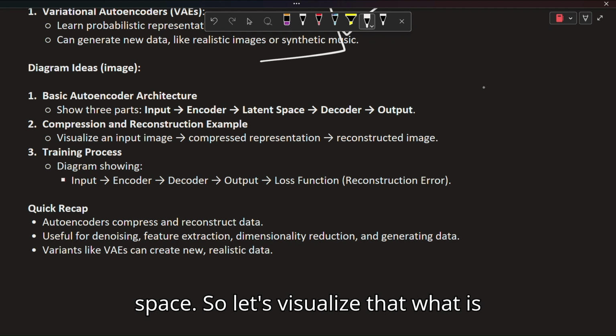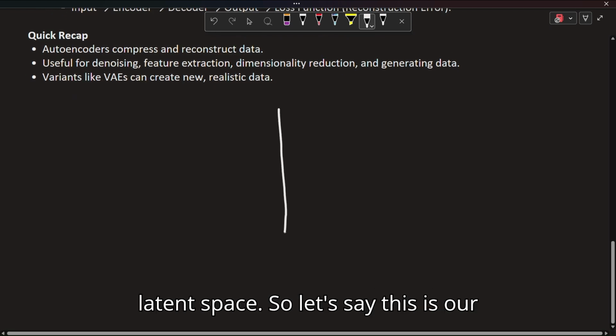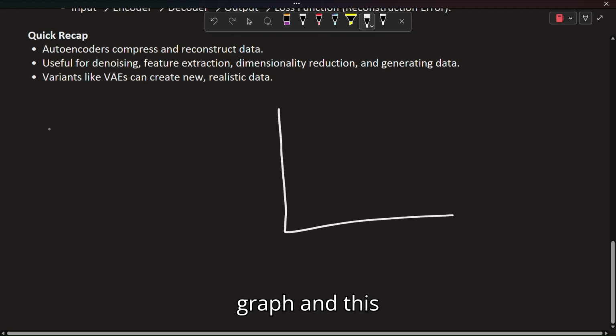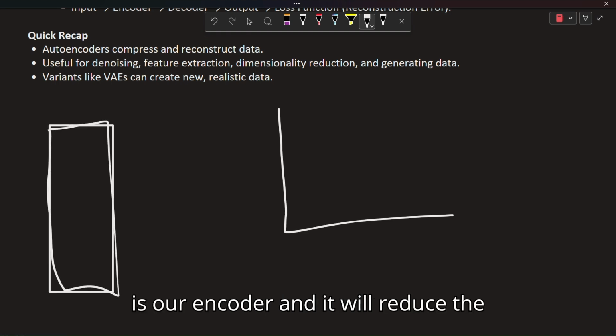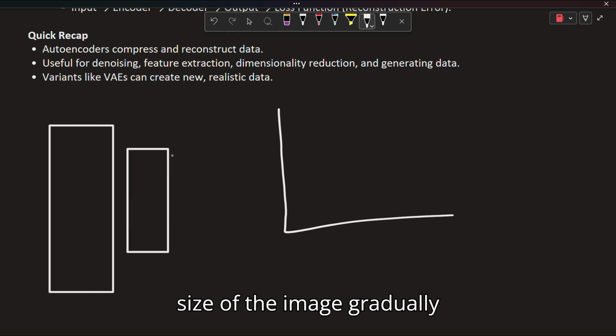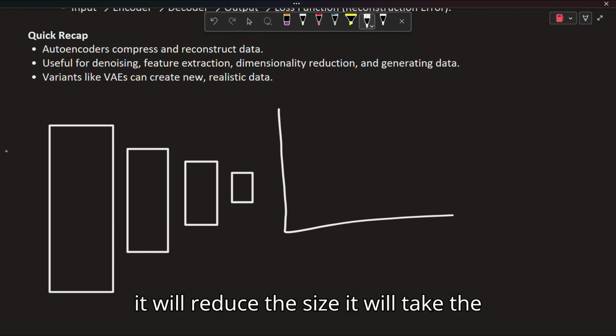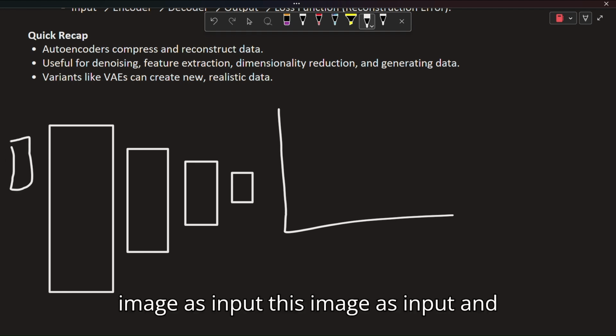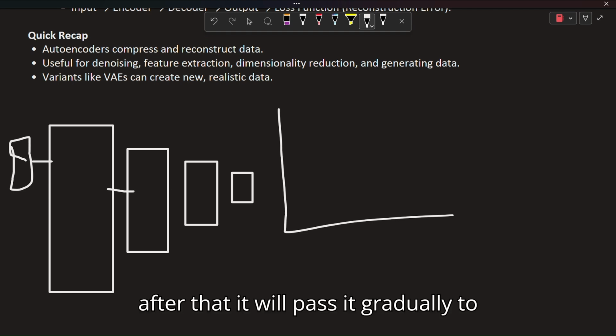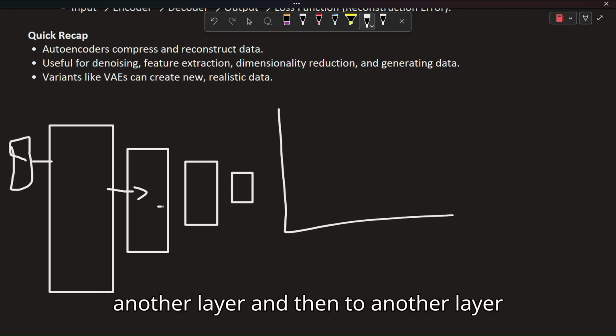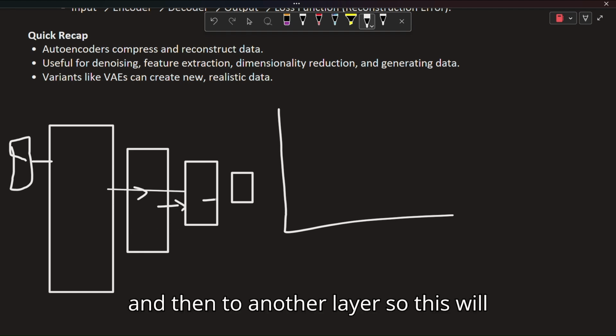Let's visualize what is latent space. Let's say this is our graph and this is our encoder, and it will reduce the size of the image gradually. It will take this image as input, and after that it will pass it gradually to another layer, and then to another layer, and then to another layer.